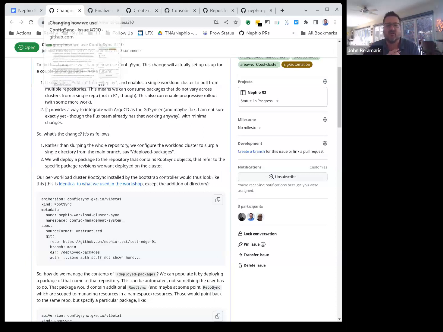So this root sync pulls in this package, this root sync pulls in this package. When you want to delete a package, you just delete that root sync, and config sync removes that package from the cluster and stops synchronizing that particular directory. Essentially you're scoping a root sync, instead of being on slash, to be on /foo, where foo is your package. And that's more typical in how it's used.